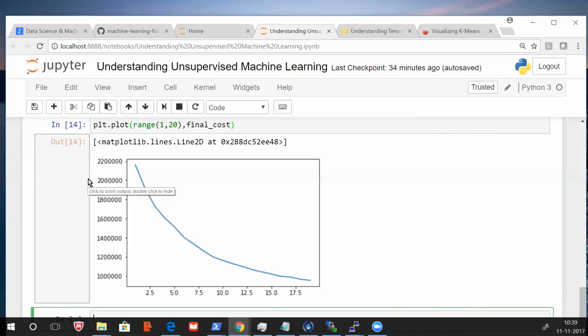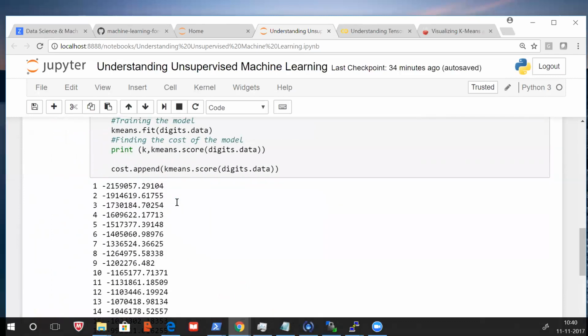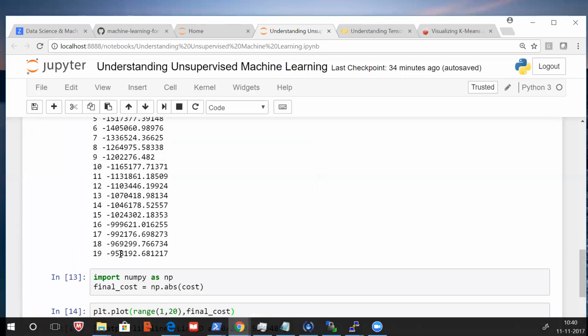So does that mean that whatever clusters we added, nodes added, are unused here? No. Which nodes? Whatever is after 10. No. What we are doing here is finding the cost for all the cluster setups: one cluster, two clusters, three clusters, till 19 clusters, and finding the cost for each of them, right?